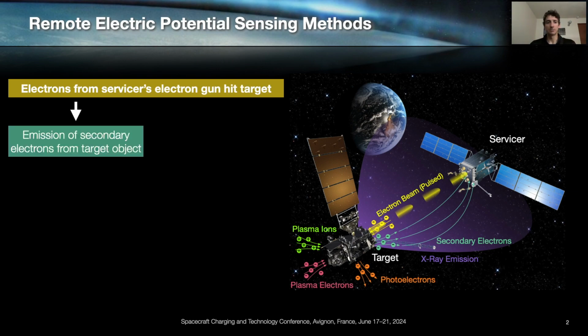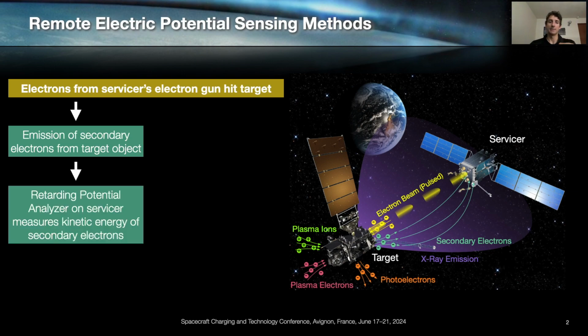This is basically summarized by, first of all, the electrons excite the emission of secondary electrons from the target object. These secondary electrons are accelerated towards the servicing satellite, and by measuring the kinetic energy of the secondary electrons as they arrive at the servicer, we can estimate the electric potential of the